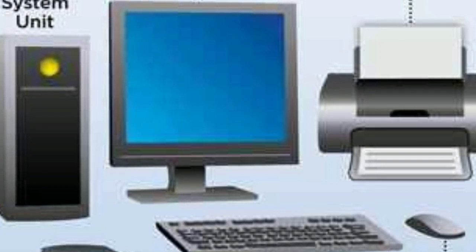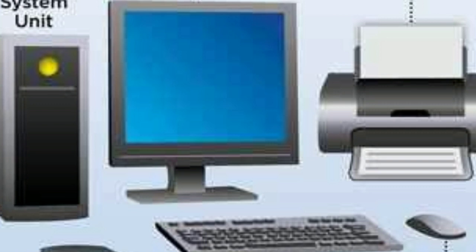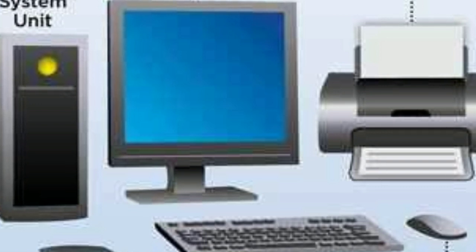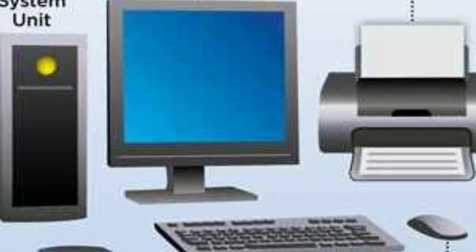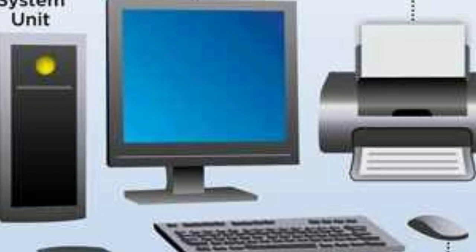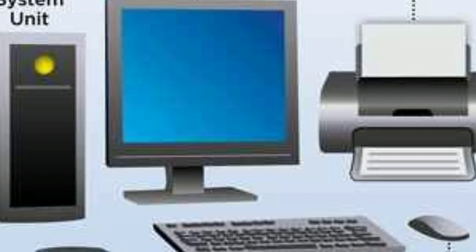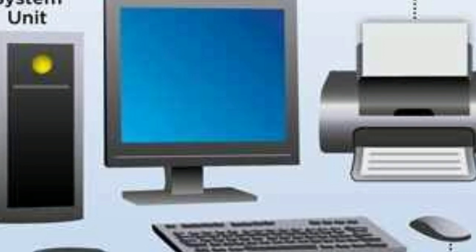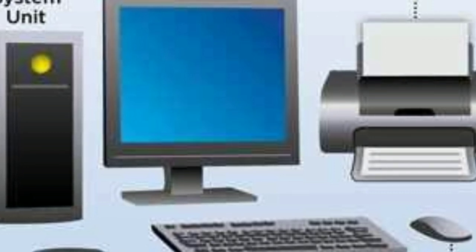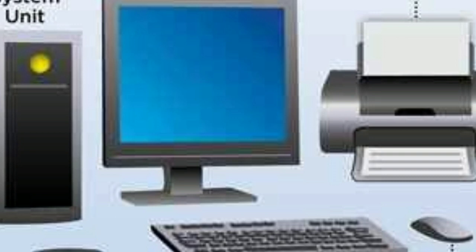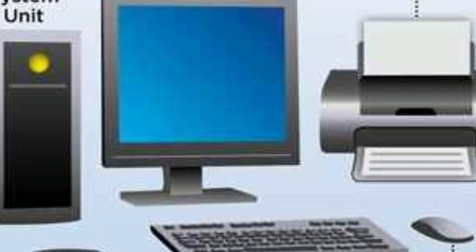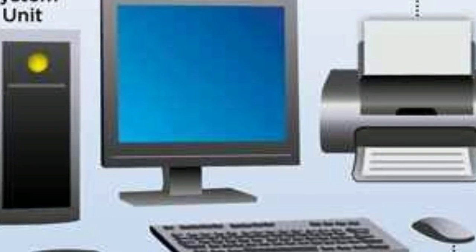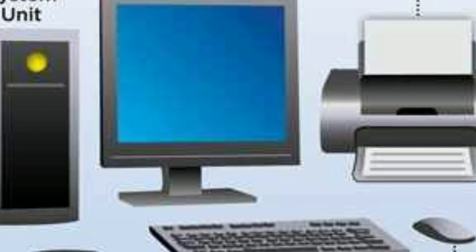Even in teaching, it's also very useful, with projectors, etc. Now, a computer system has two main parts which act together to make it work. The first one is hardware. The second one is software. I already told you that physical devices which are visible and that can be touched are known as hardware. Now, this hardware is categorized into two sections. The first one is internal and the second one is external.